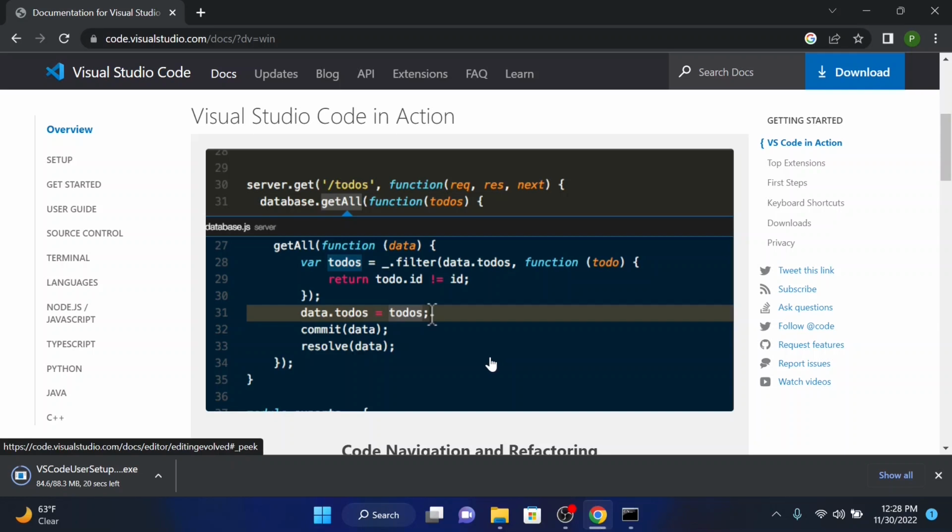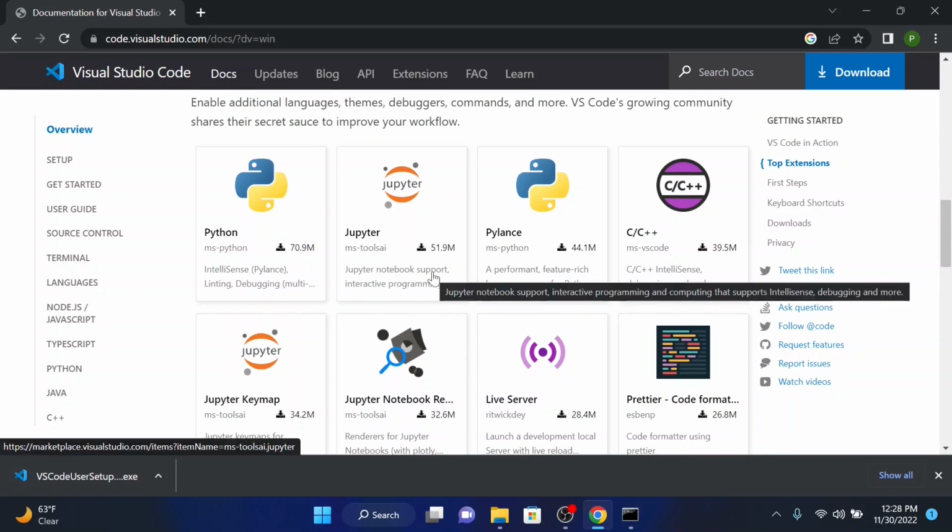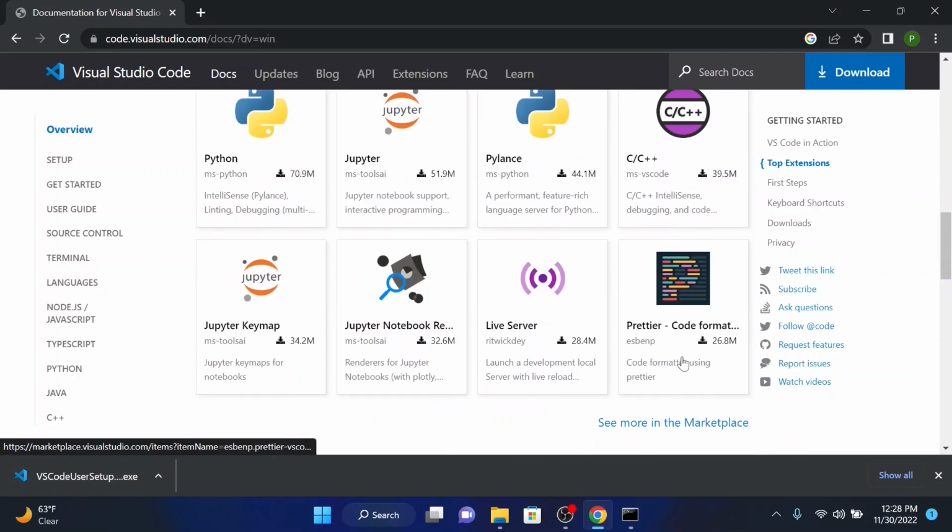Yeah, guys, you can see we're almost done with the download part. There are just about 3 MBs left, so let's wait for this to get downloaded. In the meantime, I can go back to the official documentation. Again, if you want to read, you can read about all these sections. It supports Python. There's also Jupyter for data science, which we'll look at when we reach the data science part. We also have Prettier for formatting our code, and you're going to install Prettier. You also have Live Server for opening HTML files and other stuff like that.